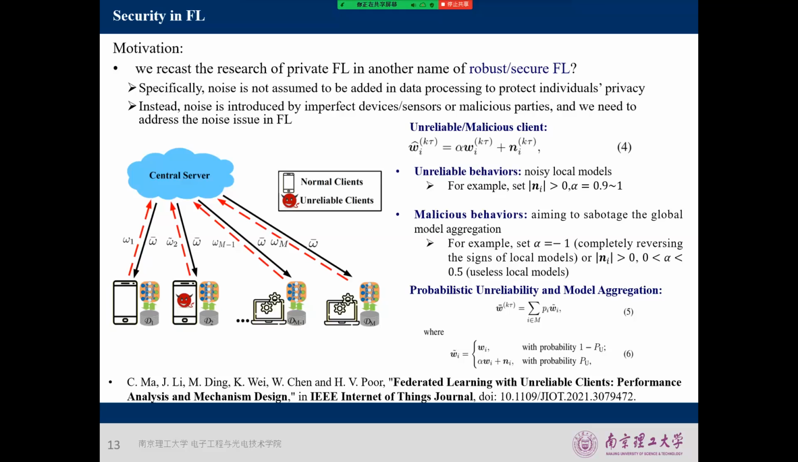And this work is about federated learning with unreliable clients, published in the IoT Journal last year. So we first gave the models about the unreliable, malicious clients in 2 parts. The first one is the parameter decaying factor alpha, and the second one is a random noise. So the first one is to describe the intent or malicious behaviors that the malicious clients will